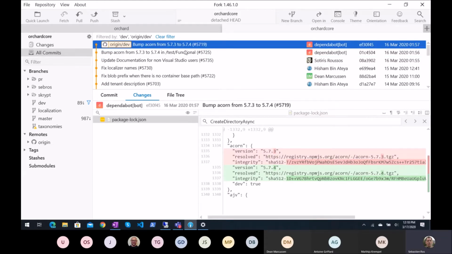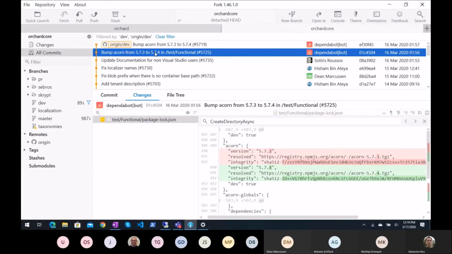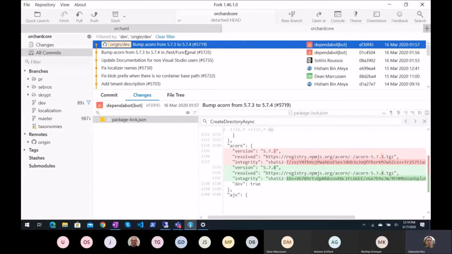So not complaining about this one, just be careful when we accept new dependencies. Because we might have tested something when we use a dependency, but then updating the dependency might break something because we won't try it again. Good. Dependabot.